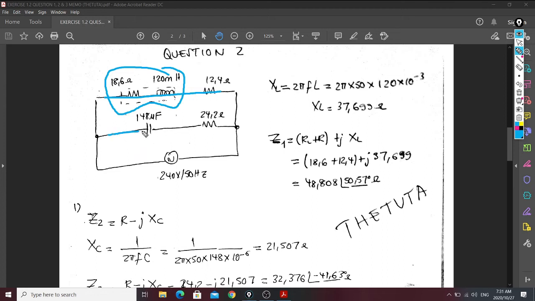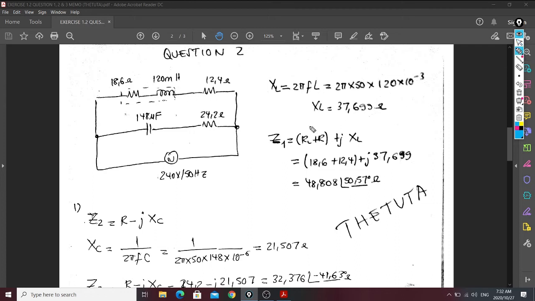A capacitor and a resistor. Can you see? So you have them in parallel. Okay, and then they give us as well our supply, which was given, and they say we must calculate the total impedance. So remember, when you have to calculate total impedance, everything should be in ohm value. So you change this inductor to inductance, and therefore the Z1, which is going to be the impedance in this branch,